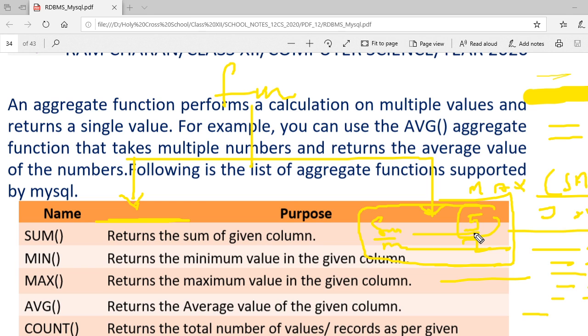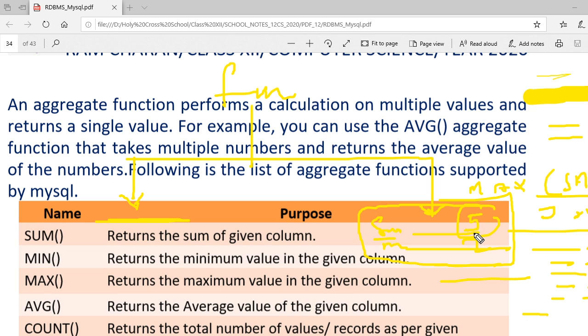So for this point in time, you remember that functions which operate on a single value to return a single specific value are known as single row functions. They can accept one or more arguments, but will return only one value according to a row.